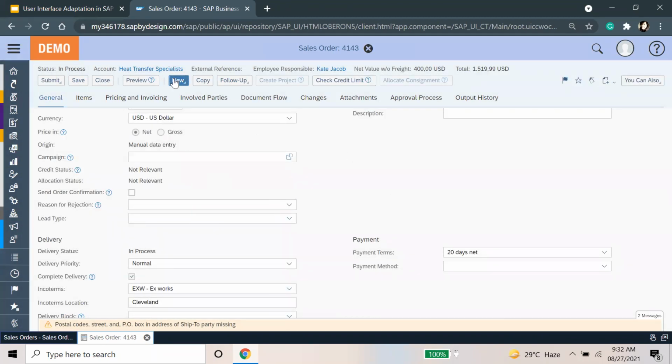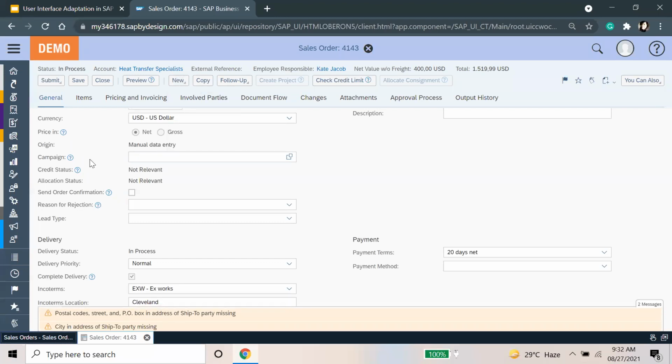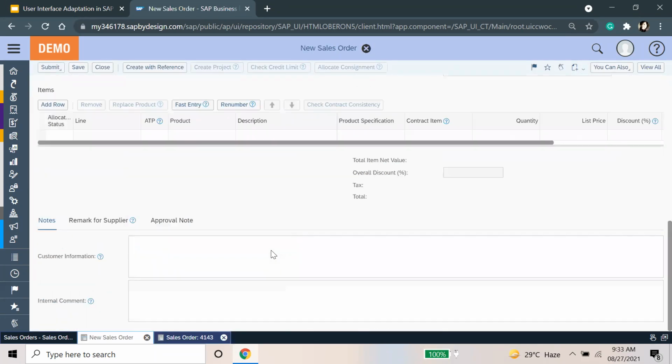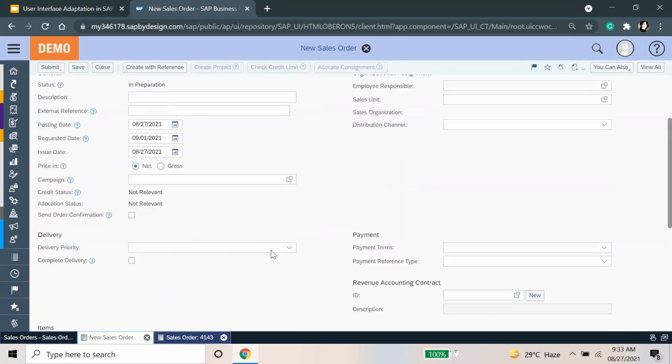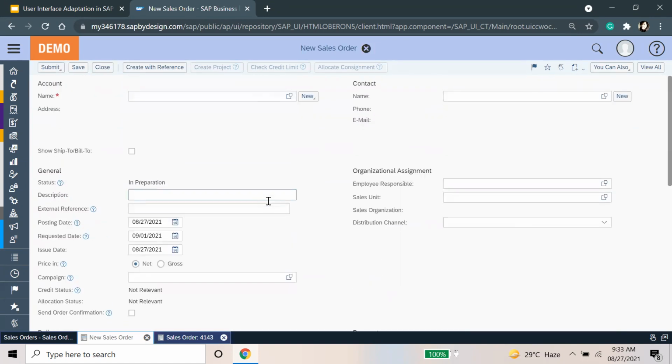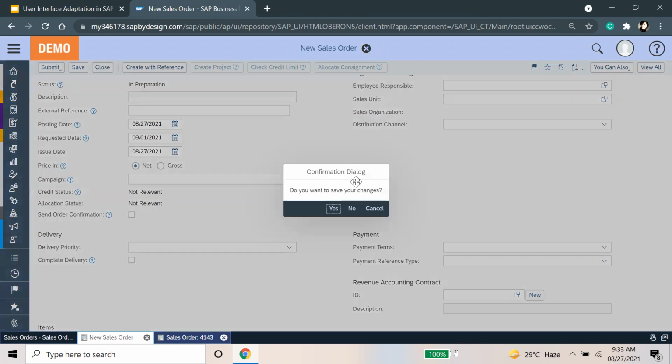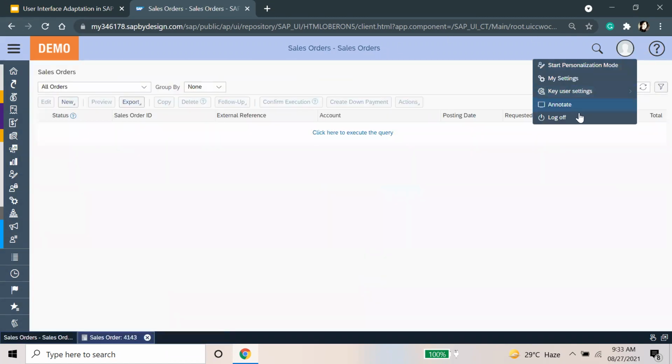Okay, maybe there's some issue. Let me create a new sales order to see if it's showing there. Then practically you need to log off and log in once again. Okay, sure. Thank you, Kevin.